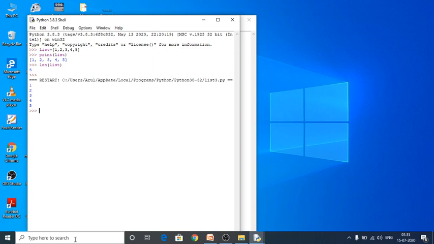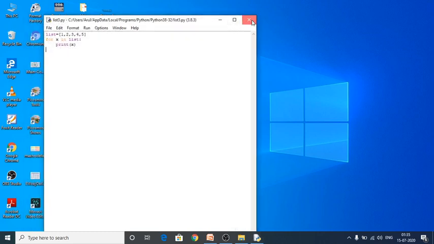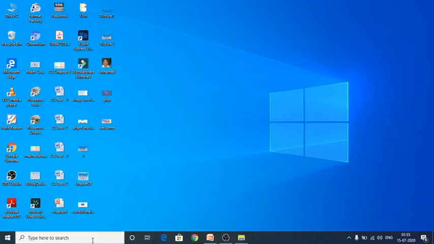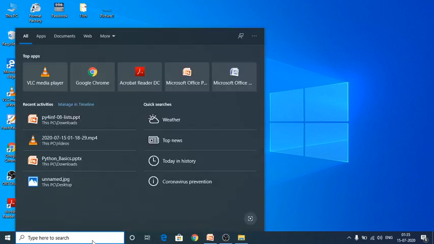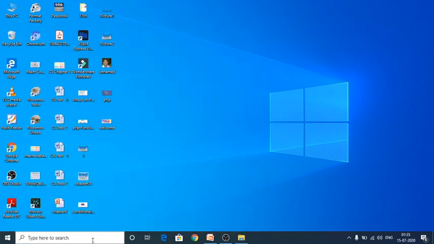So already I explained you, list is mutable. List is mutable, which means we can replace the list elements with the help of the index operator. And for that one also I'm going to show an example.